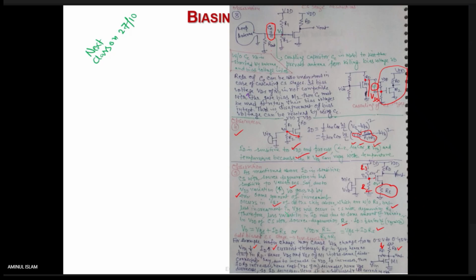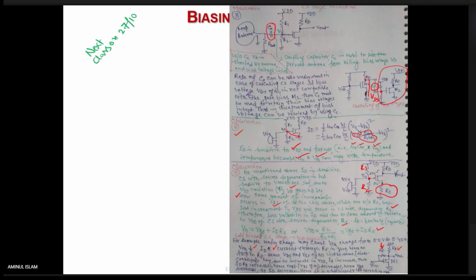Okay. So two purposes. One thing we saw is that the antenna may kill the input bias voltage VO. If you want to prevent it, then use a coupling capacitor. And if you want to cascade, then another CC between the two may be used. Now, the fourth observation of this circuit is here.